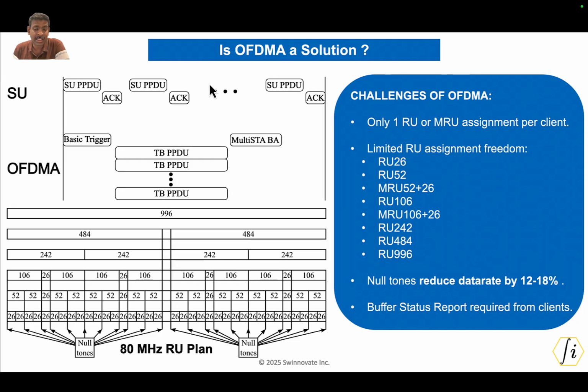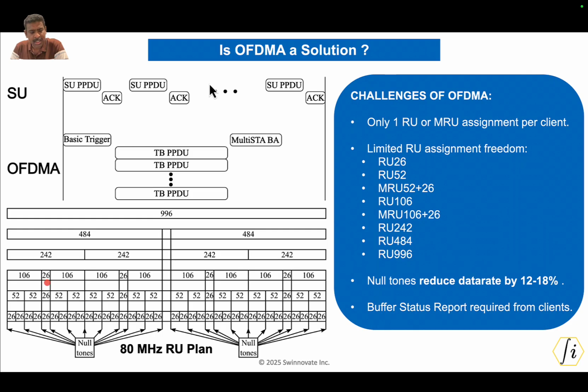The complexity of the RU allocation algorithm is going to be significantly high, and whether the access point really has the memory and the compute resources to do all those calculations and computations in such a limited time, right? Because it has to decide on this RU allocation very quickly. Otherwise, it's going to be wasting airtime just sitting doing computations, right? Now the other challenge is